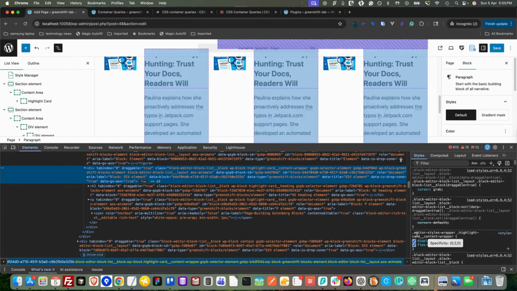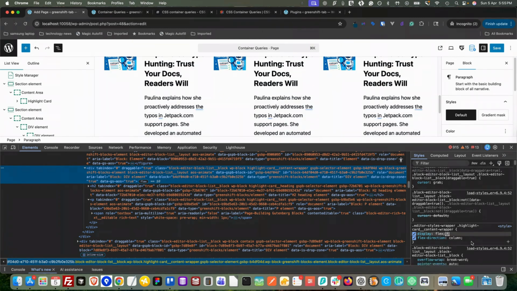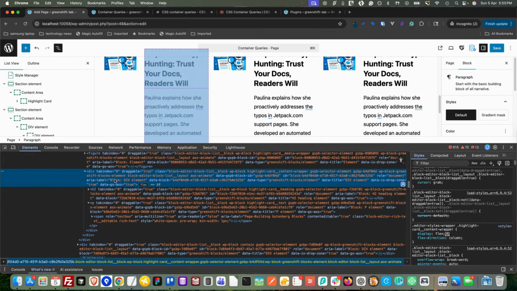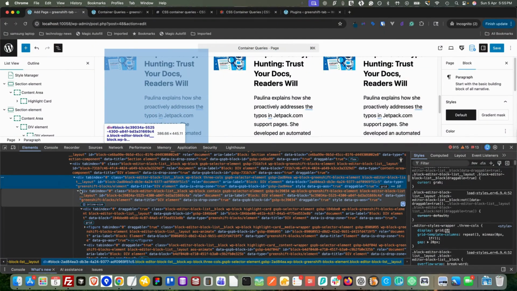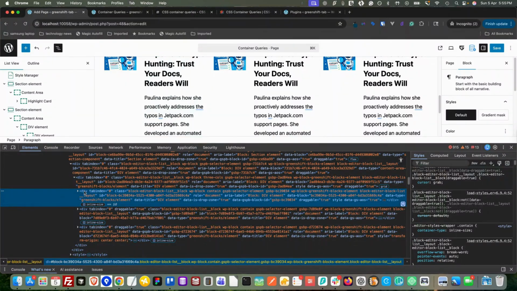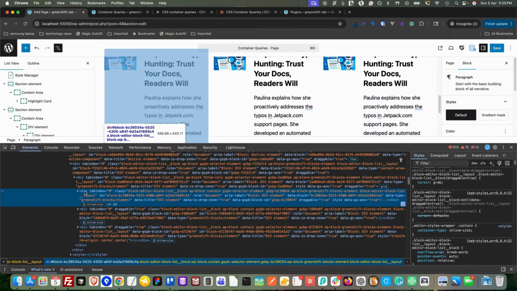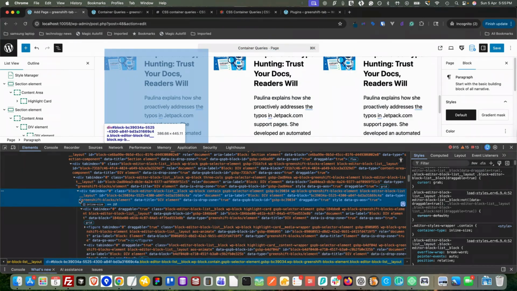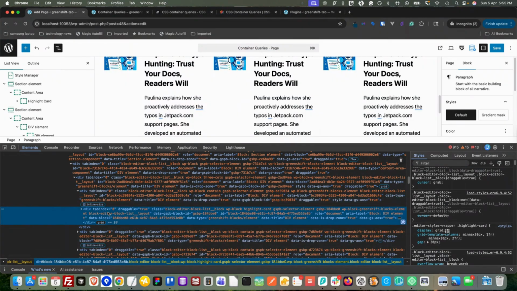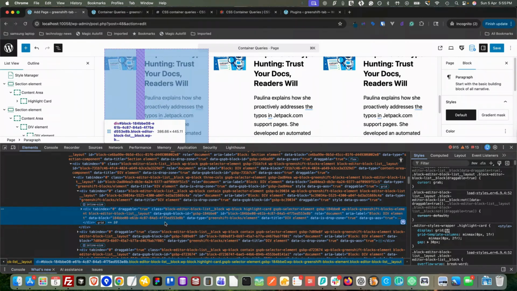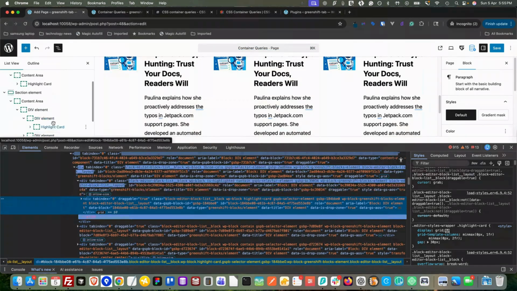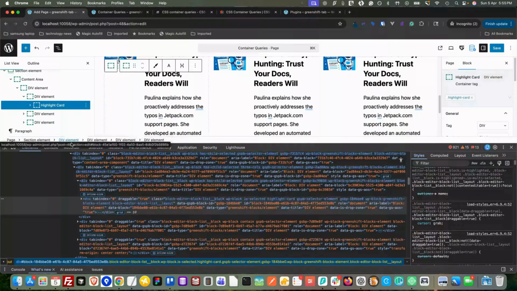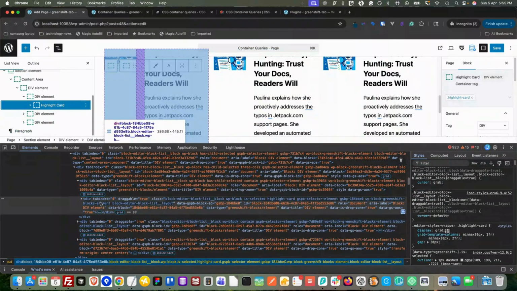For example, you can see this editor style wrapper that comes with GreenShift. Let me find it. Okay, this is our highlight block, and